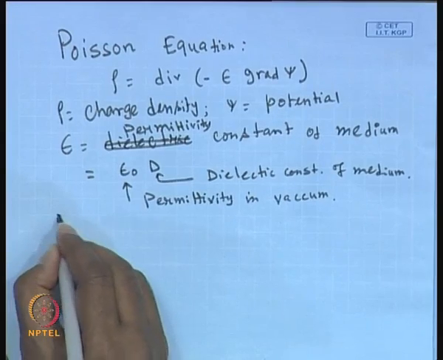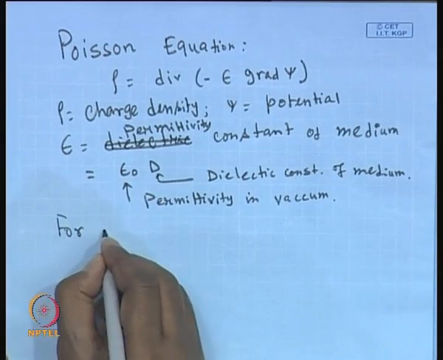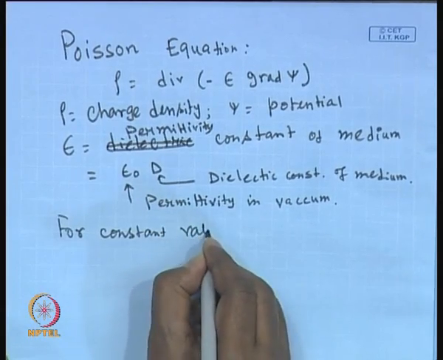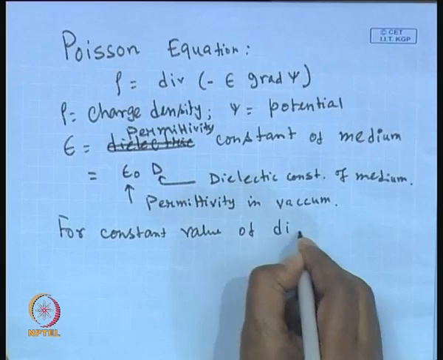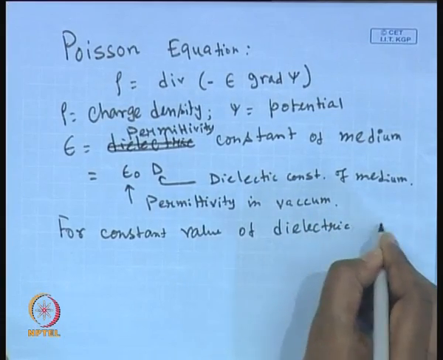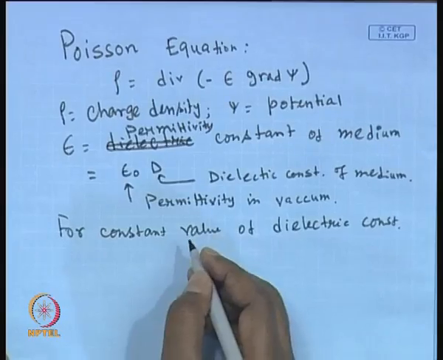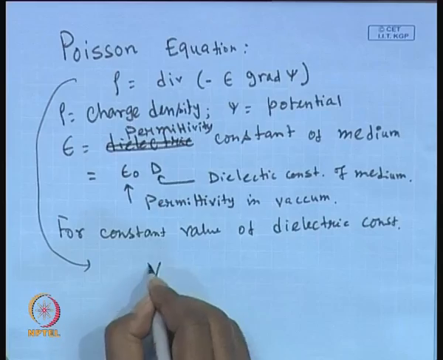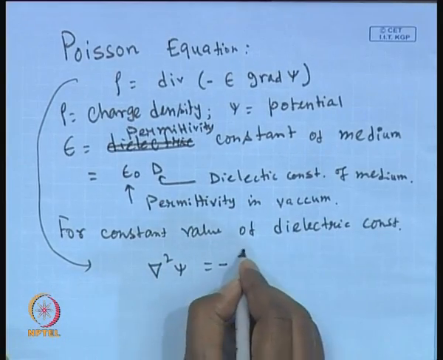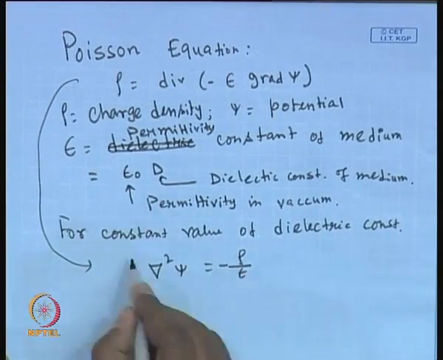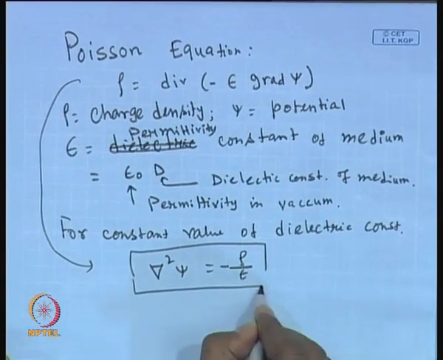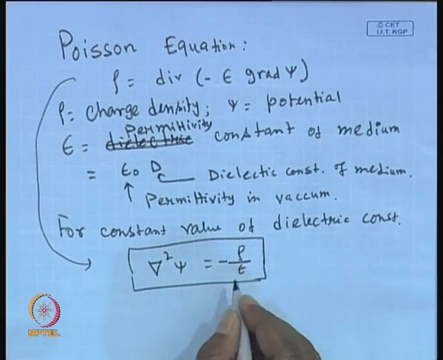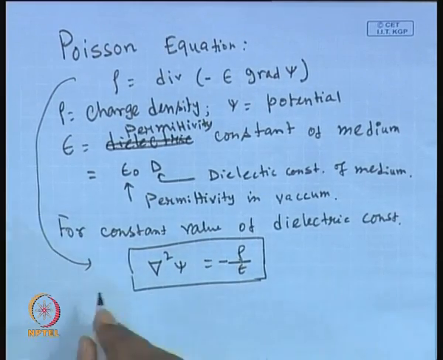So, for constant value of dielectric constant, this equation takes this form, grad square psi is minus rho by epsilon. Okay. So, this is the form of the Poisson's equation, the potential distribution for constant dielectric constant, and